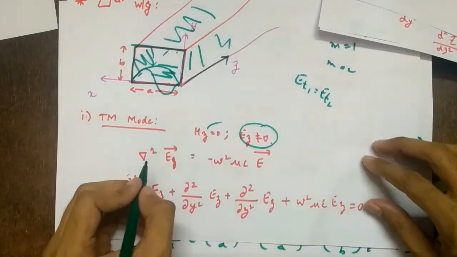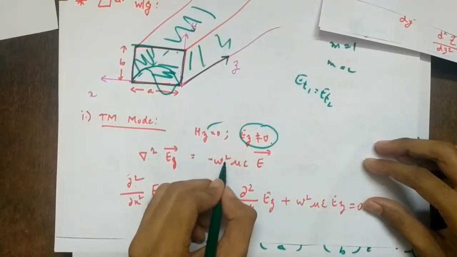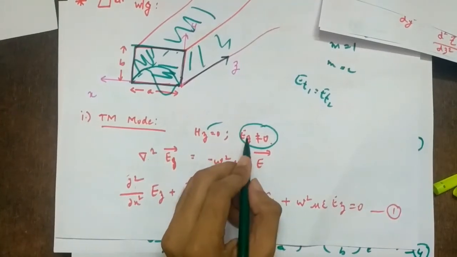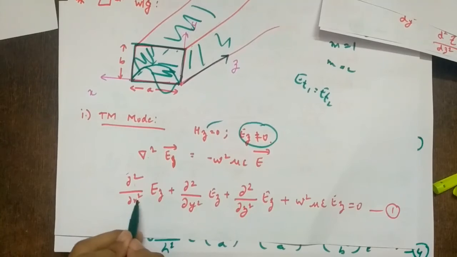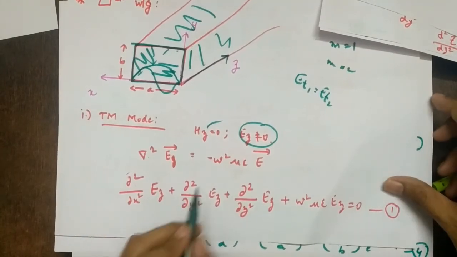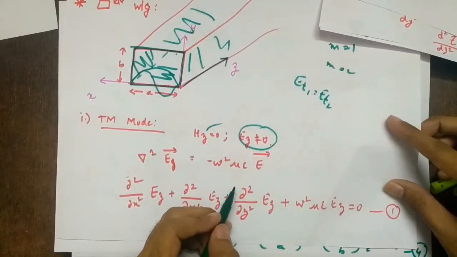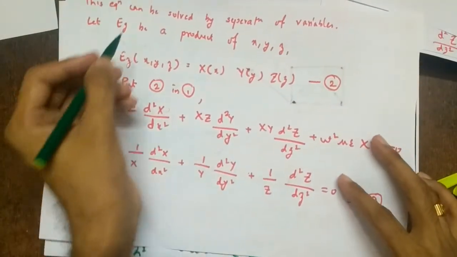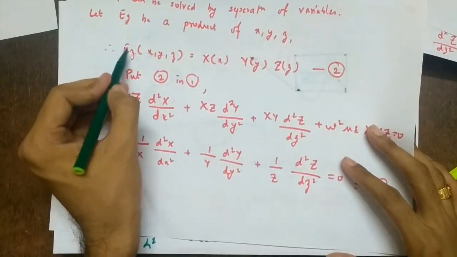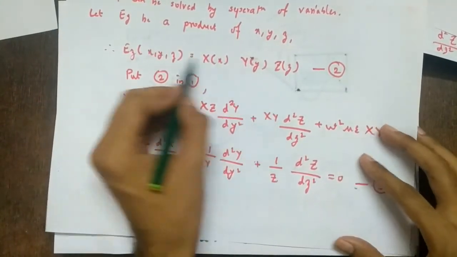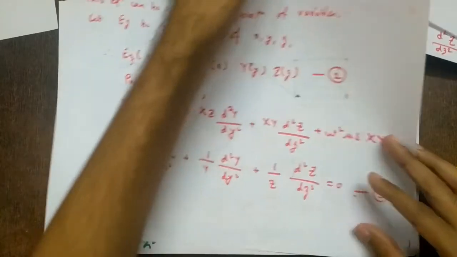Then we start with wave equations. Del square E vector is minus omega square mu epsilon E vector. We are interested in Ez, so we substitute E vector as Ez. And del square is del square by del x square plus del square by del y square plus del square by del z square. We solve this using the method of separation of variables. So Ez is a function of x, y, z. After using these things, we come to